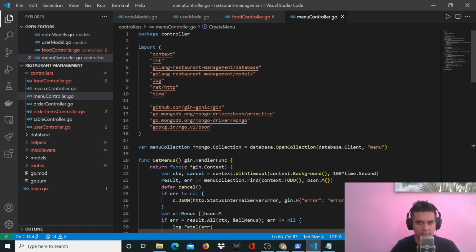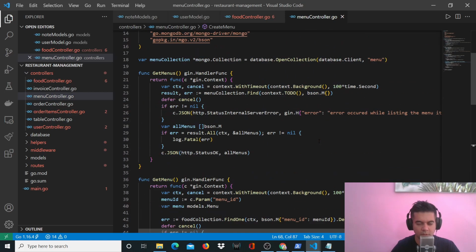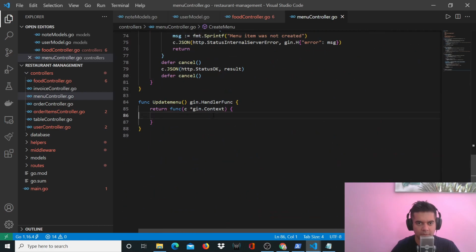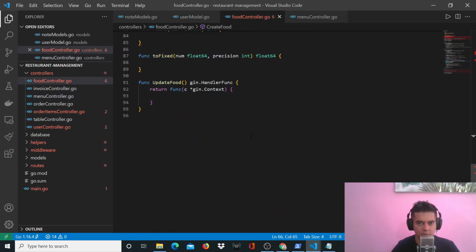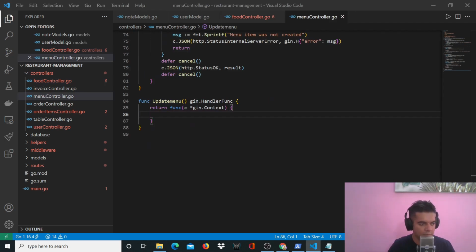All right, and so far we don't have any issues with our menu controller file. So now what we can do is work on the update menu function, and that update menu function we can also use for our update food function as well. So let's get started. So now for update menu,